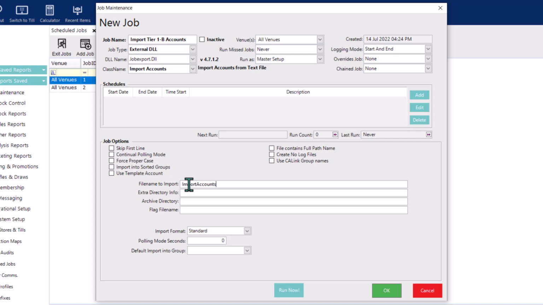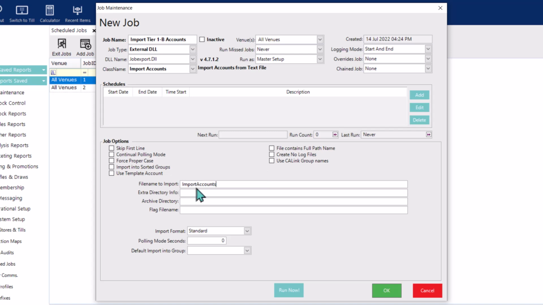Yours obviously might be named something completely different, but whatever the file name is just needs to be entered here exactly as it's saved. And just to reiterate from a minute ago, it does need to be in a TXT format. And of course, follow the file spec, which I mentioned can be found in its entirety in my BPOS. That file, formatted correctly, should contain all of the account records that need to be imported into the system's database